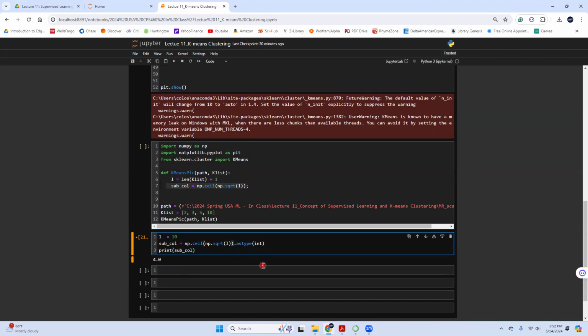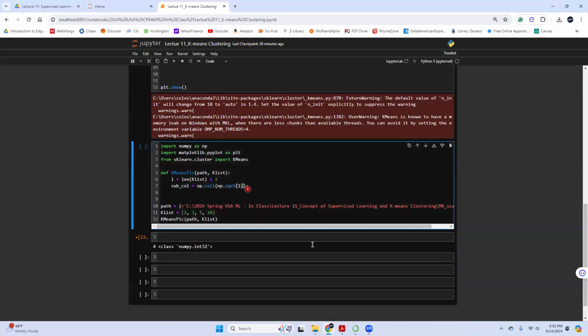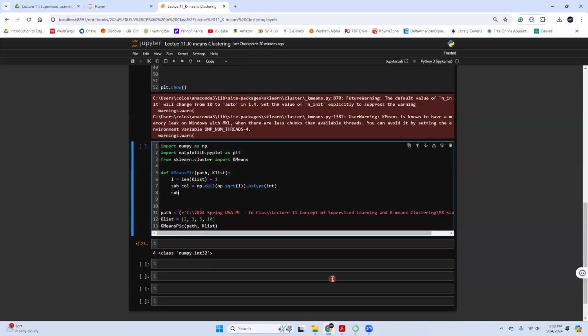So for example, if you ignore this one and type subcol, you see the number is a float. But if I write it this way with integer, here we go. So that's the reason why I need dot astype integer, so that I can define the column.